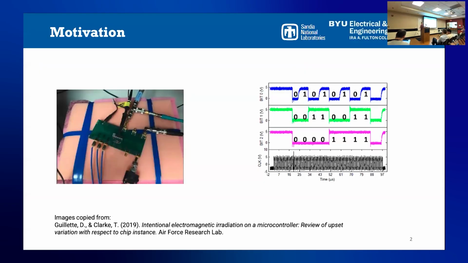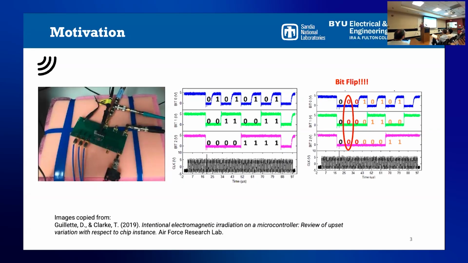To motivate my work, suppose we have a digital electronic circuit, perhaps like the one shown here. Maybe the circuit is a clock, with different bits just oscillating between 0 and 1 in order to keep track of the time. Because we just love this circuit, we're going to bombard it with electromagnetic radiation and try to ruin its day. If our radiation is strong enough and hits the circuit just right, we could potentially cause a bit flip, which could cause a cascading effect, making the circuit be forever 2 seconds behind for all time and